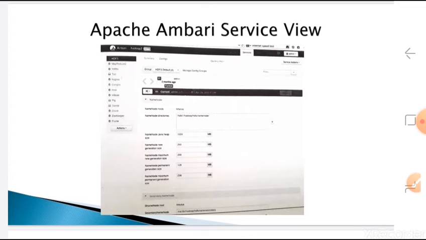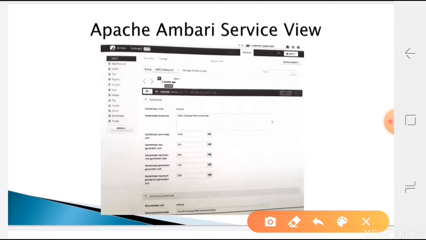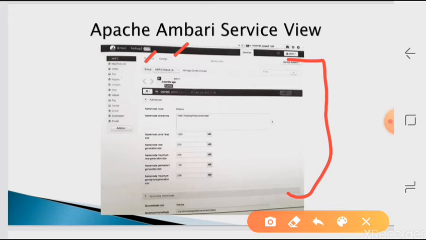So here we'll click on HDFS. In HDFS you can see this is the window. There's nothing but one configuration folder and overall service related information. So what all things does that service contain? These are listed, like the number of nodes,